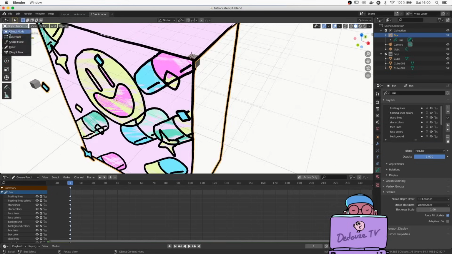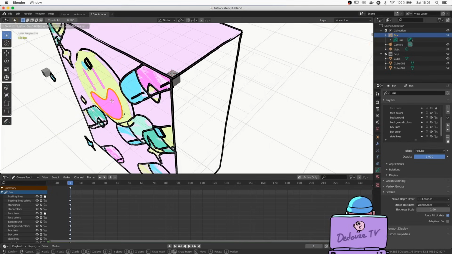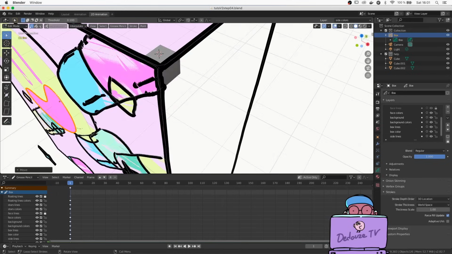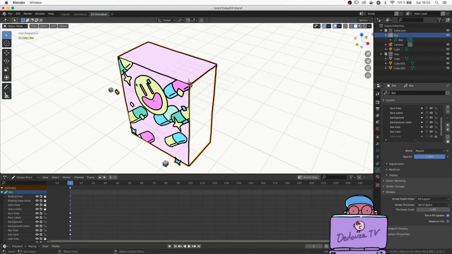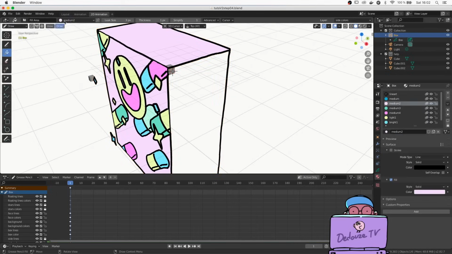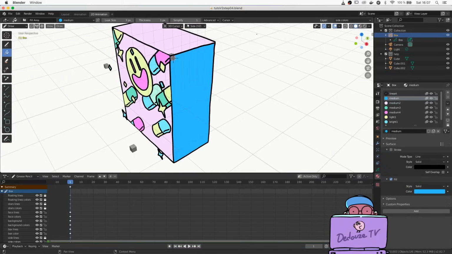You can switch to edit mode and select some colors and move them by pressing G and then Y to constrain the movement to the Y axis. For this artwork, we won't need to do this because the camera movement won't be too crazy. We will always see the box from the side and from the top, so we can switch back the stroke depth order to 2D layers. Now we're going to paint the side, so shift right click on the side of the box and switch back to draw mode. Pick a color, change the orientation rule to side, and then again with the paint bucket tool, fill the side rectangle. This is it.